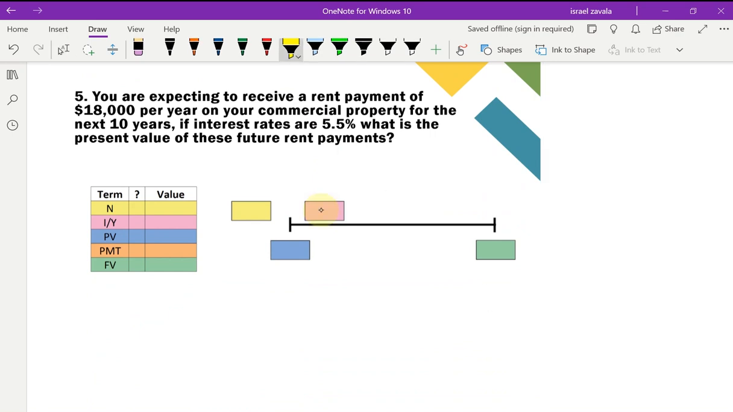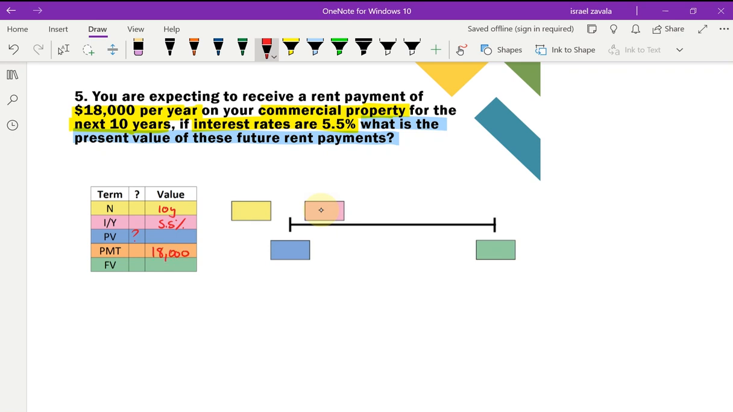You are expecting to receive a rent payment of $18,000 per year on your commercial property for the next 10 years. If interest rates are 5.5%, what is the present value of these future rent payments? So, what is the present value of the future rent payments? We have 10 years. The interest rate, or the amount we're discounting, is 5.5%. Payments,